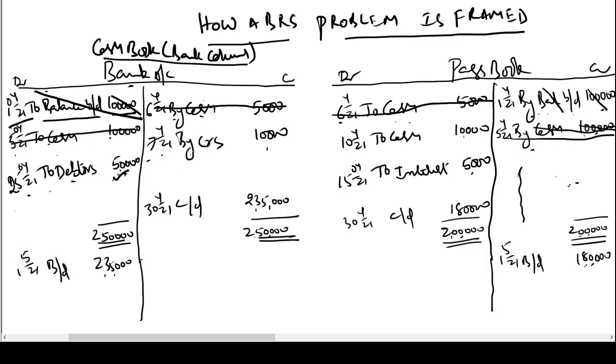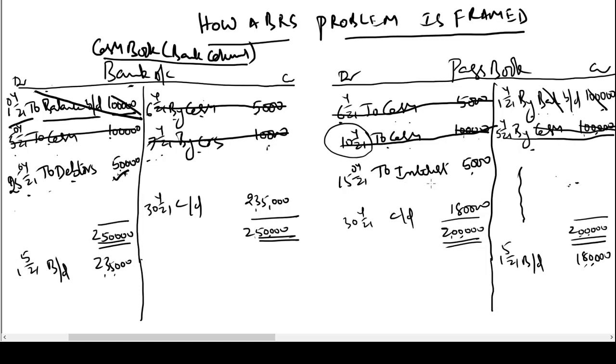Then on 7th April, we issued some checks to our creditors, 10,000. We have recorded the entry on the date of issue of the check. The creditors have gone to the bank on 10th April and taken the money from the bank, 10,000. Yes, this is also there in the books of the bank. So these entries are also recorded by both the parties properly. So this is not the reason for the difference.